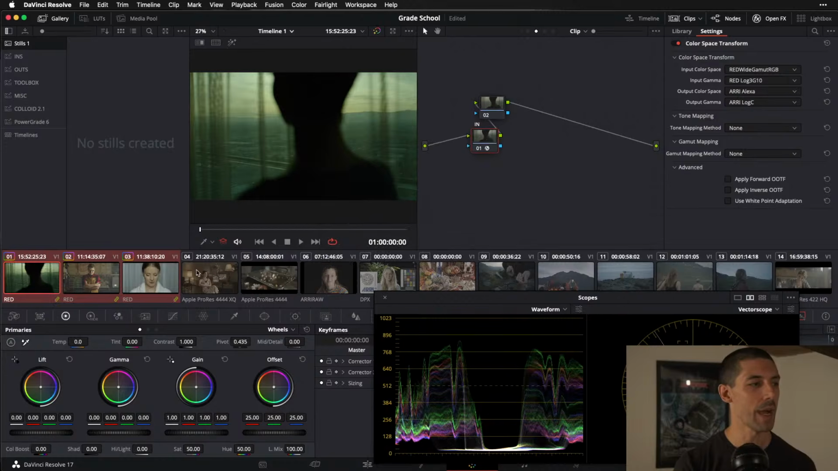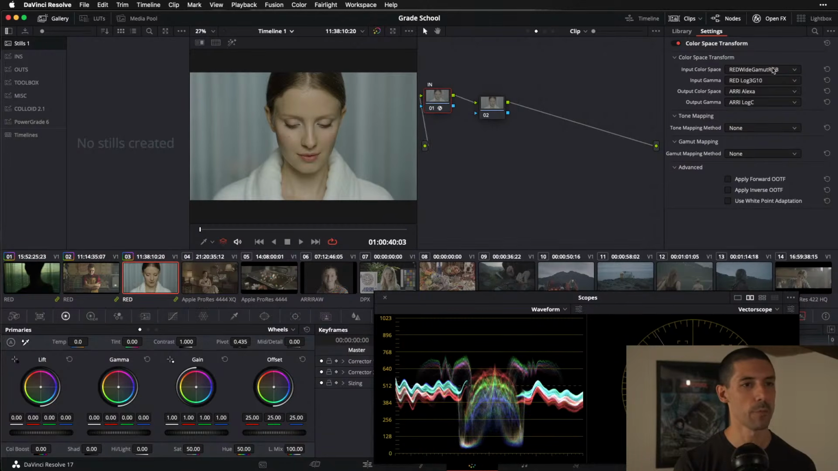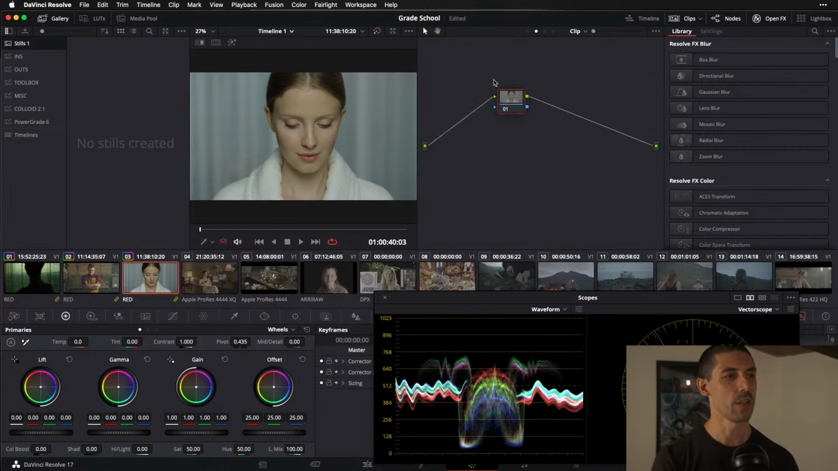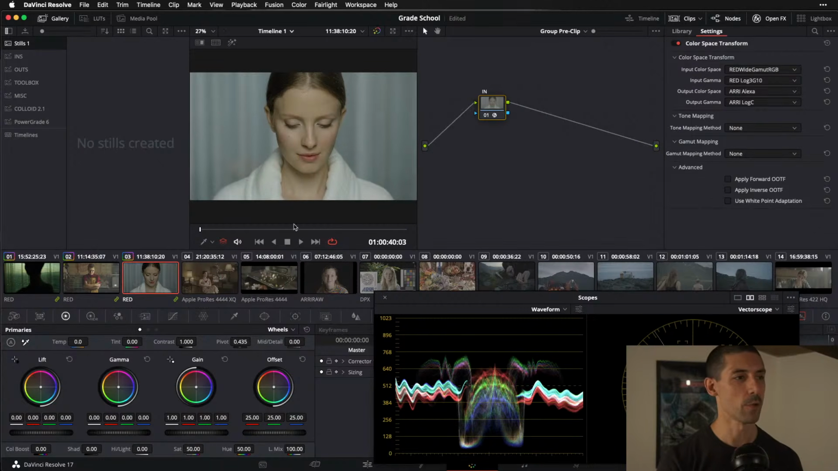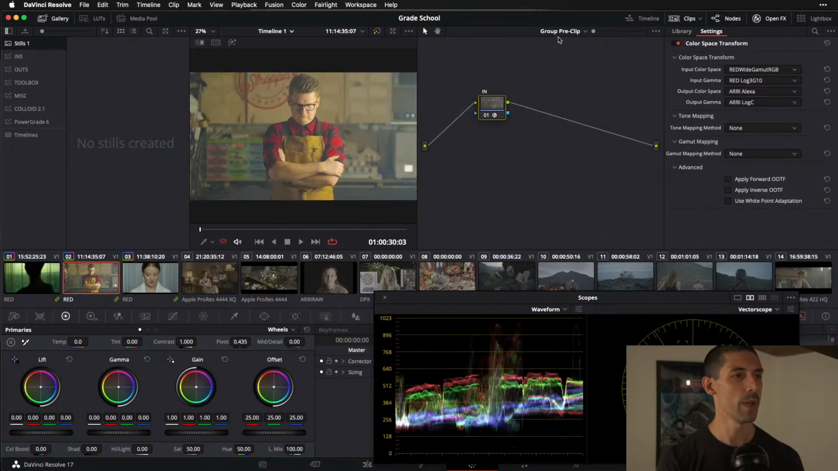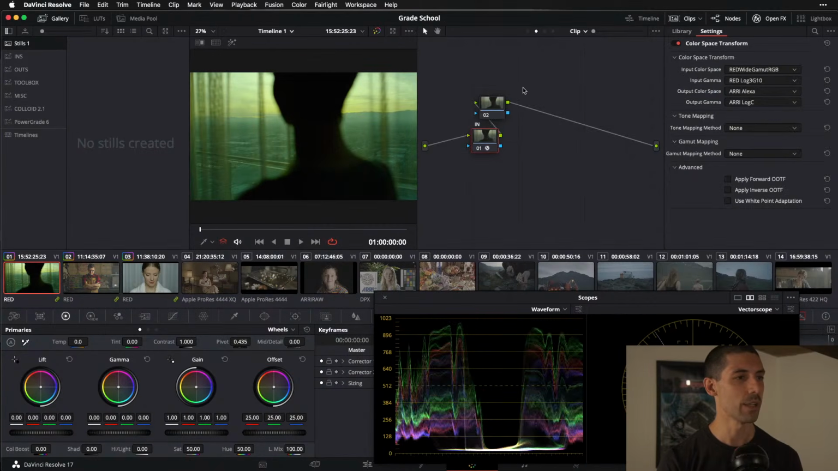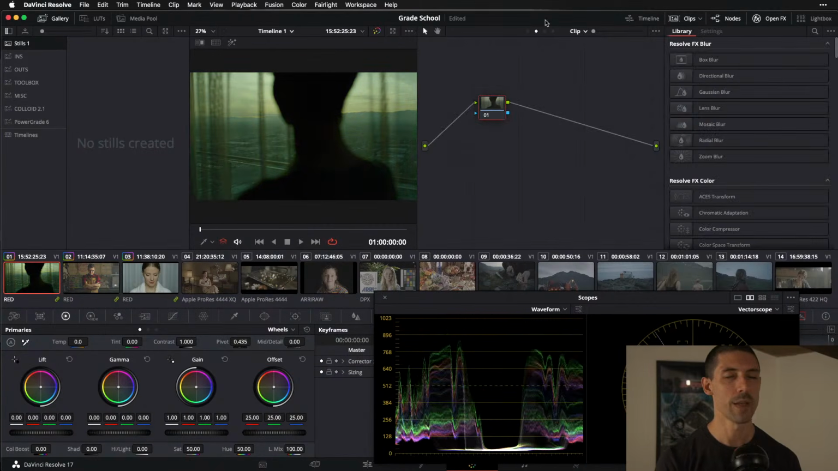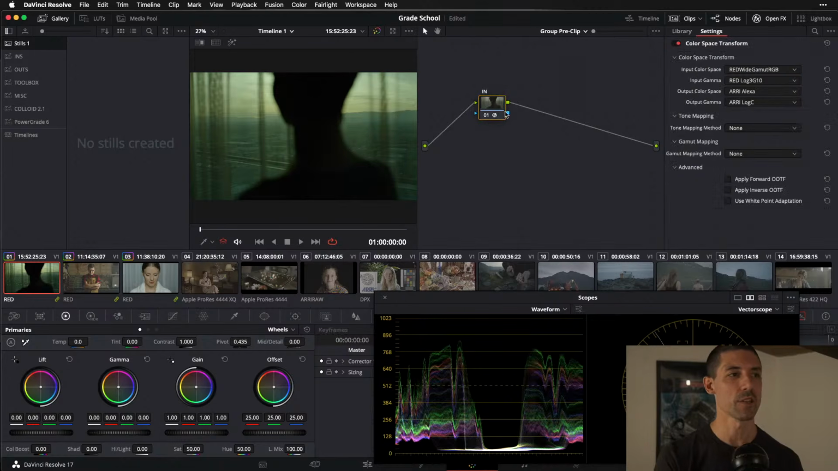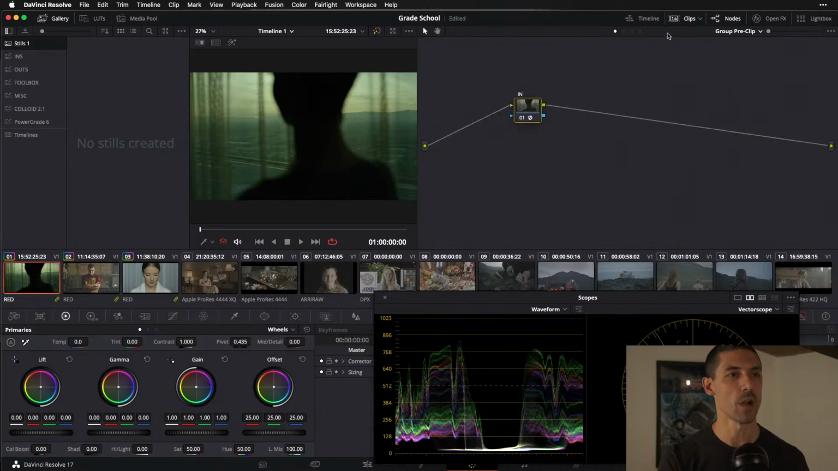And instead of doing my input transform from RED Wide Gamut RGB Log3G10 to Arri Alexa Log C at the clip level, I'm actually going to delete it here at the clip level and stick it in at the group pre-clip level, so that the moment any clip is invited into this party, it is automatically going to receive that input transform as its very first transformation upstream of anything else at the group pre-clip level, which of course means that it will be upstream of anything at the clip level,